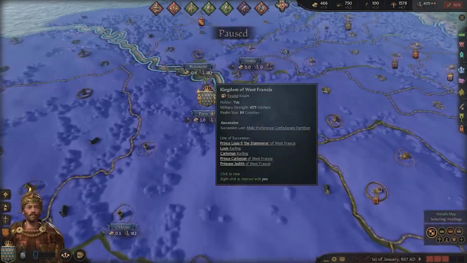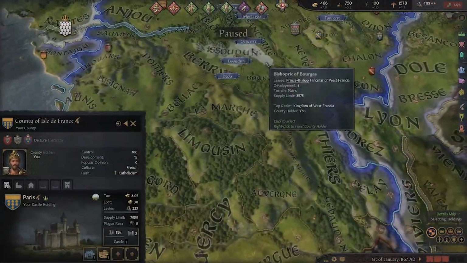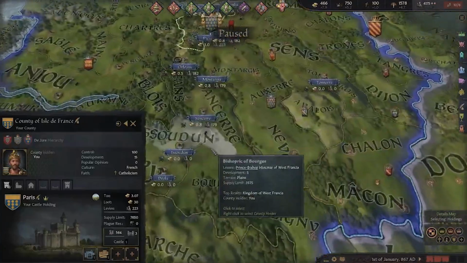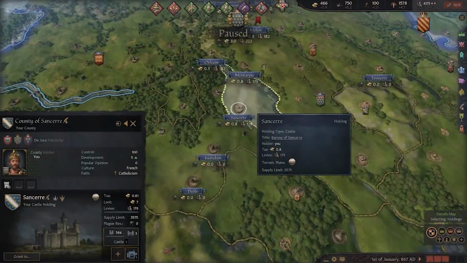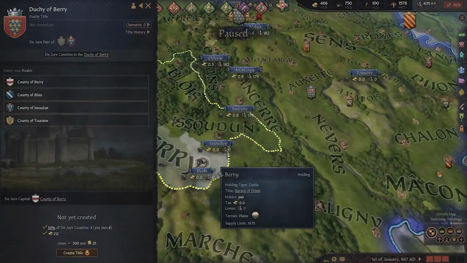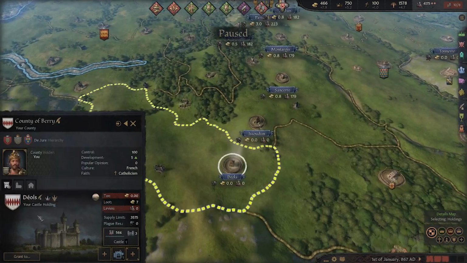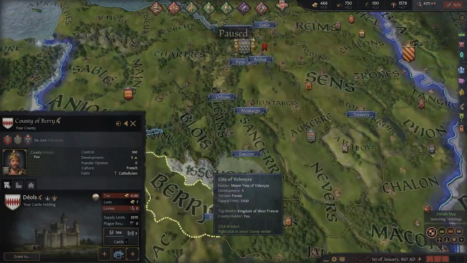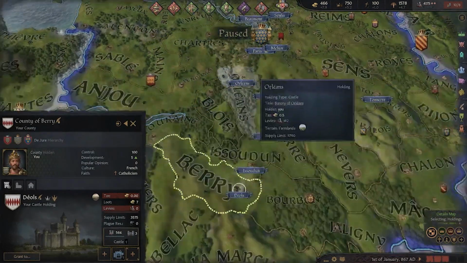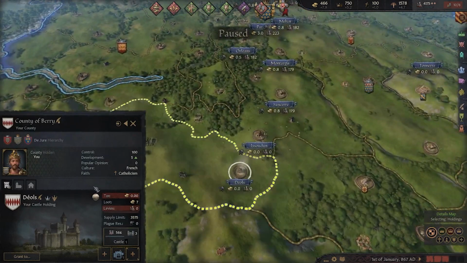Right here, as you can see, I have my capital in Paris, but if I would have wanted, for example, to move my capital more inland, let me just look for the capital, duchy capitals like the Alps, right here. Let's say if I want to move the capital from Paris to this county right here, this holding right here,